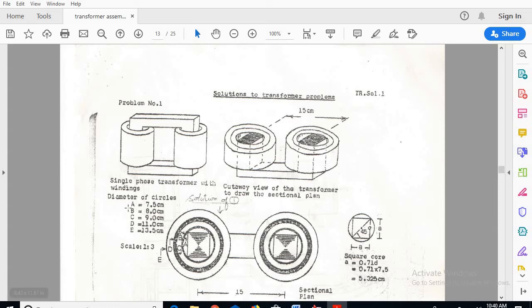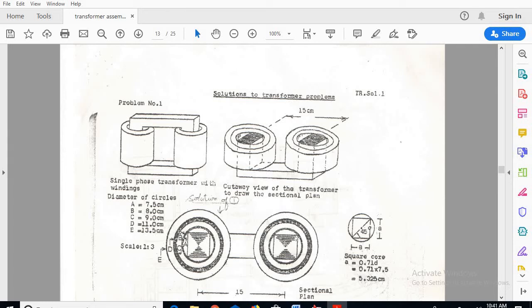Since it is a square core, A is equal to 0.71 D, where D is the diameter of the circumscribing circle. If we calculate, A is equal to 5.325 centimeters. So this is the core, all sides will be 5.325 centimeters.